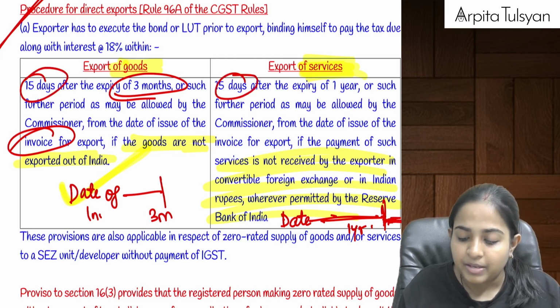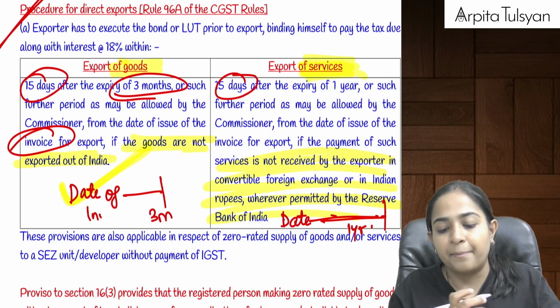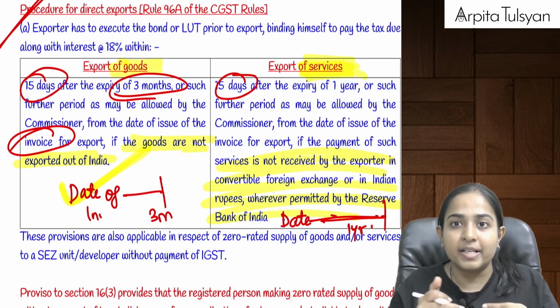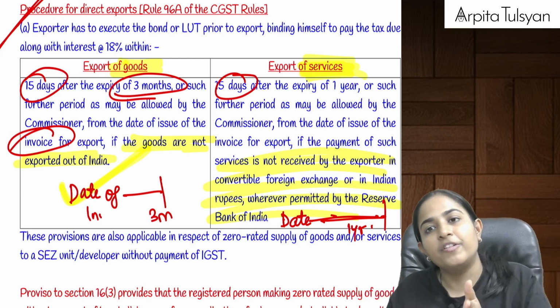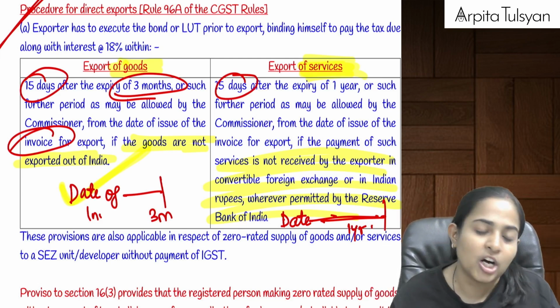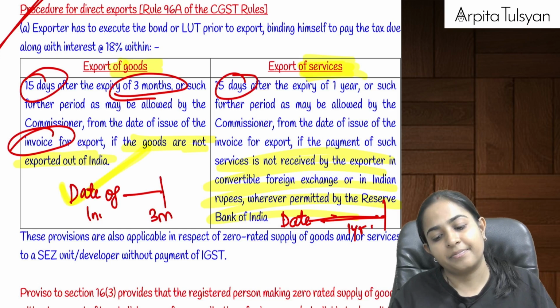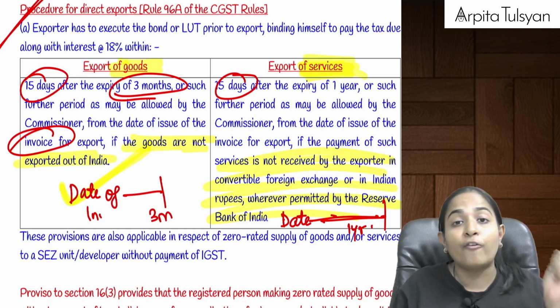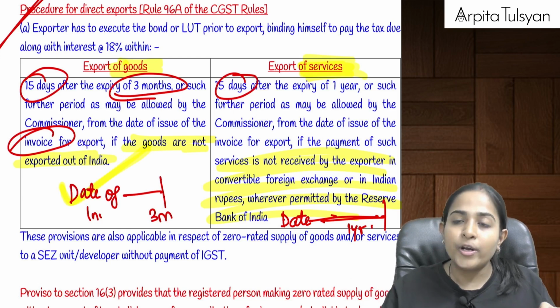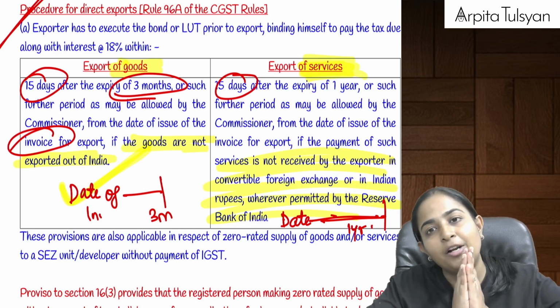time period, you promise, this bond or LUT you had given earlier only, now within 15 days you will have to pay the tax to the government along with interest. And when are you supposed to sign that bond or LUT? Before doing the export. Before doing the export itself, you are telling that, sir, if we do a default,